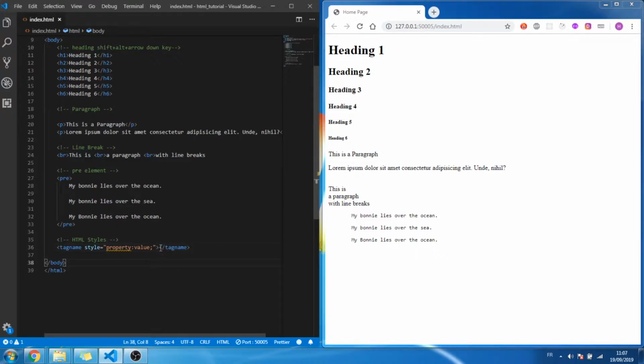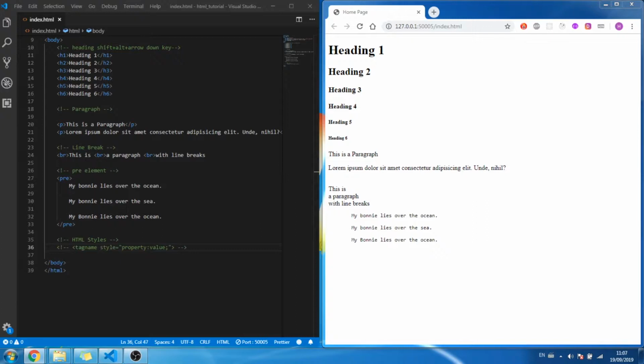This is the syntax of HTML styles. So I will put this line as a comment, Control K, Control C, and we will follow this syntax